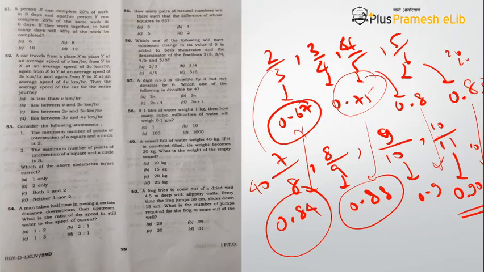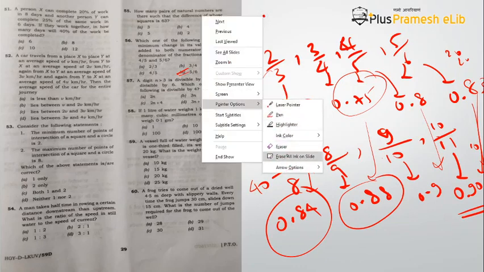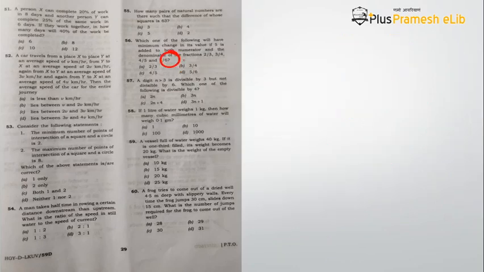Okay, 0.8 something you are getting, and then you go to 0.9. So what will be the answer? It will be D, 5 by 6. The point is, even if you don't want to do all this, okay, because this is a very lengthy method, always remember minimum change will be in the quantity which is the maximum. Okay, so maximum is 5 by 6, hence the minimum change will be also in the 5 by 6. So answer will be D.